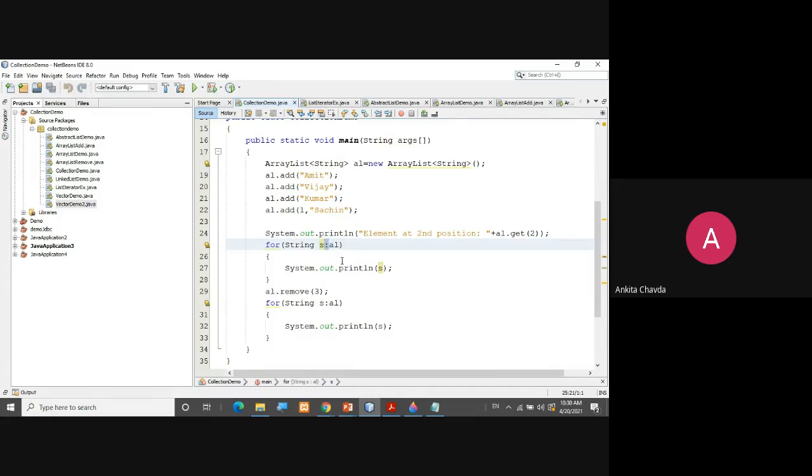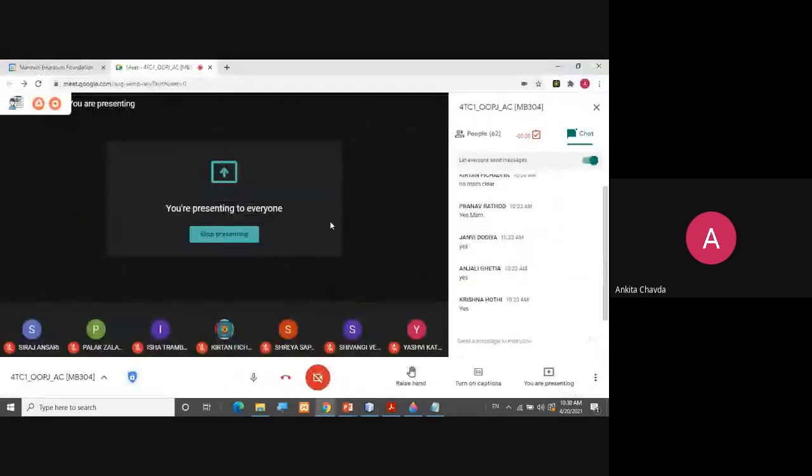Colon means for each and every element, it will start from 0 till the end. And you wish to read those elements from AL, which is the object of the ArrayList class, and you are writing S in system.out.println. So this is how you can traverse through each and every element. Do you remember this? Fine.